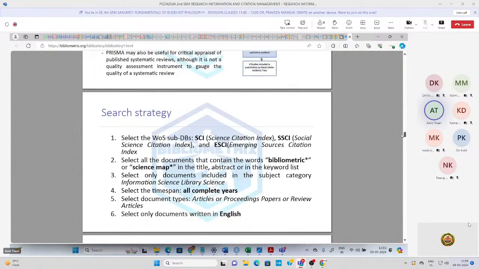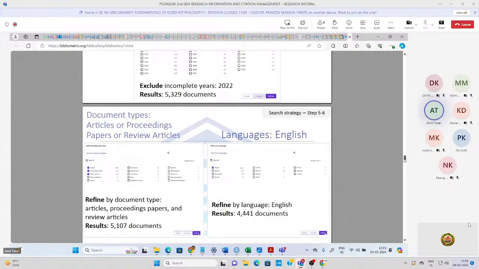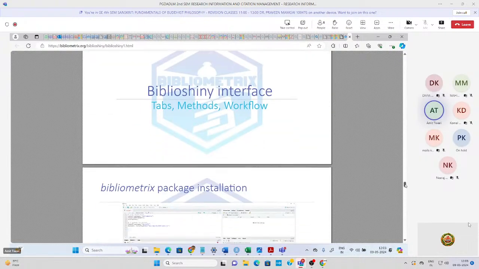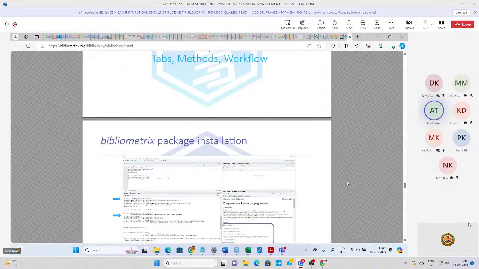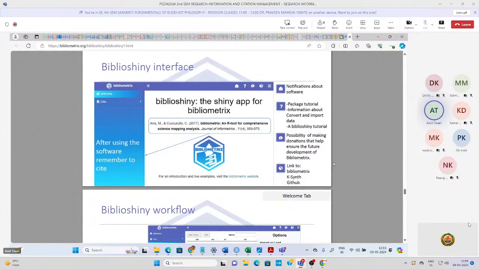Rather, I would directly go to the BiblioShiny interface. For installation, you have to search for and install bibliometrix, and as I showed, you just import the library bibliometrix and put biblioshiny afterwards, and the screen of BiblioShiny will